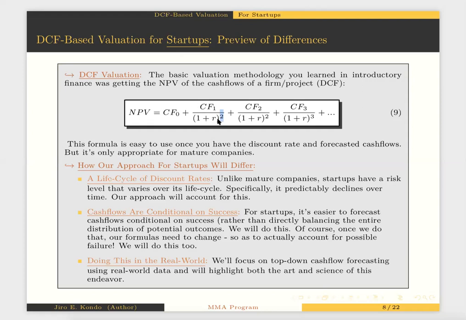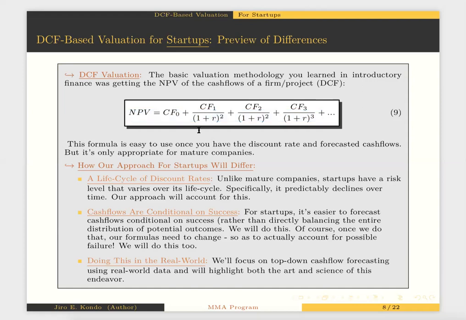Just like before, by the way, obviously the NPV here, period one cash flow should be discounted by one period rather than two. So the same typo that I had on my prior slide is also found on this one. But relative to this formula, the way we implement our DCF valuations is going to be different, and primarily because